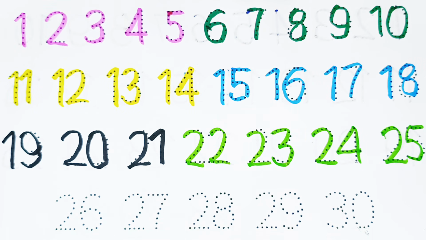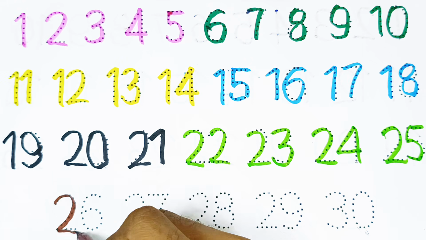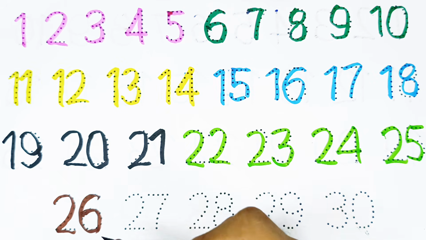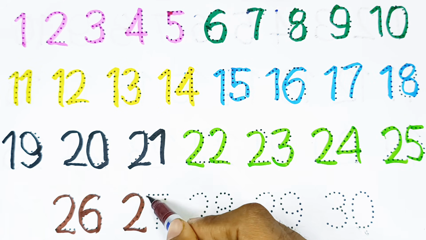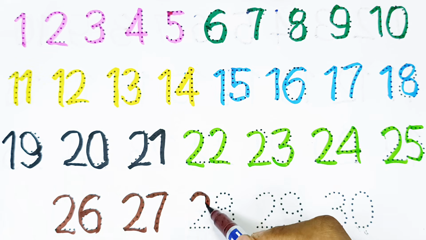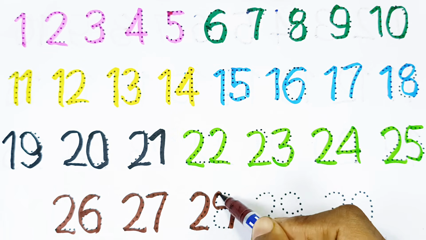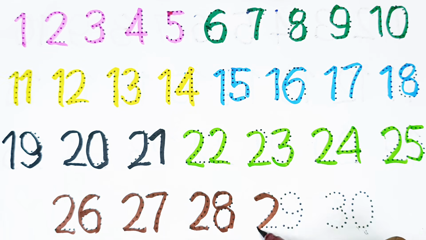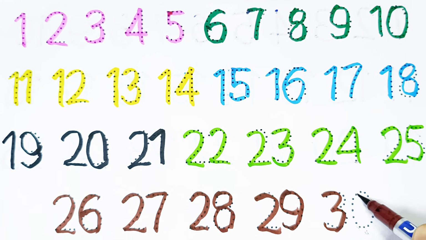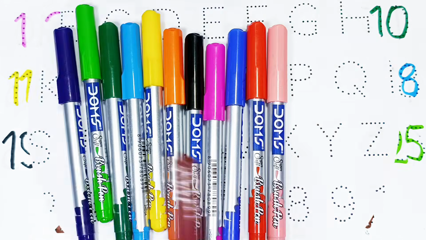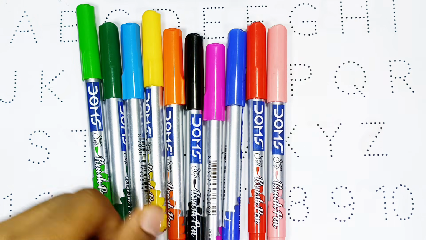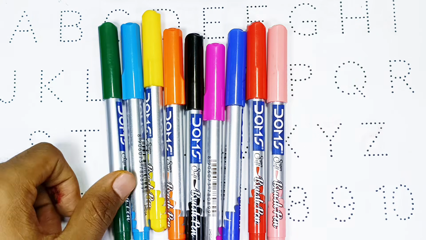The numbers of 26, 27, 28, 29, and 30. Brown color, purple color, light green color,